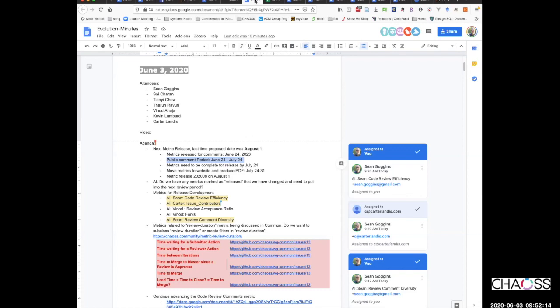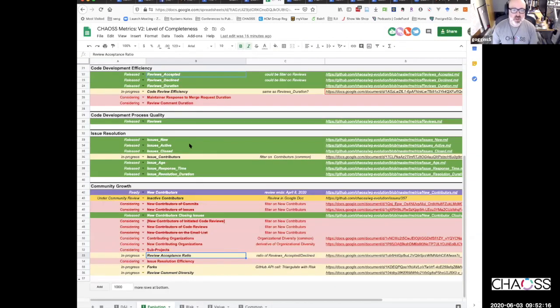I changed the state of the 5, possibly 4 if Forks is done, that we're working on for this release to in progress from considering at the beginning of the meeting. I think we have the forcing function of a release schedule now, and I examined with the group that was here at the start which ones had at least some work done on them or which ones we think are important to release now.